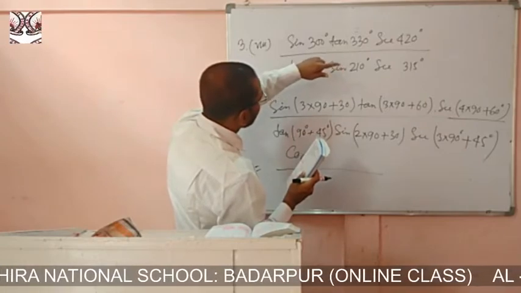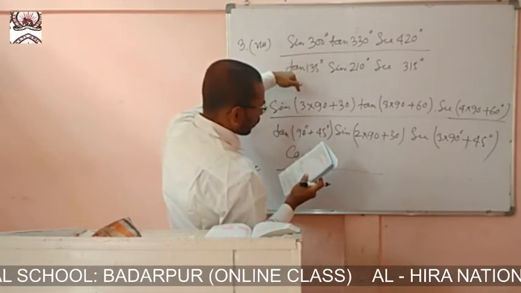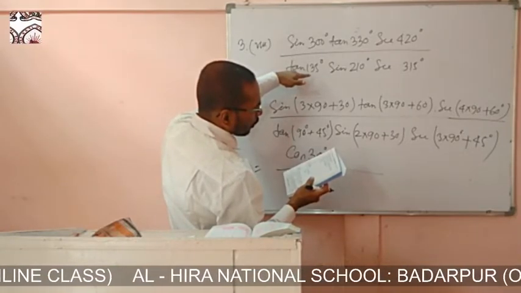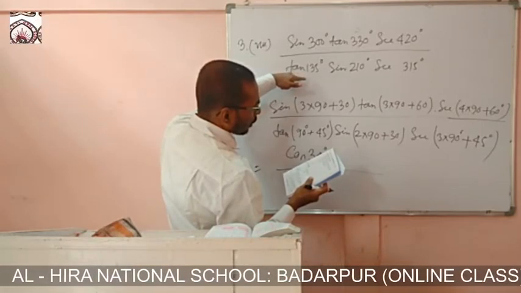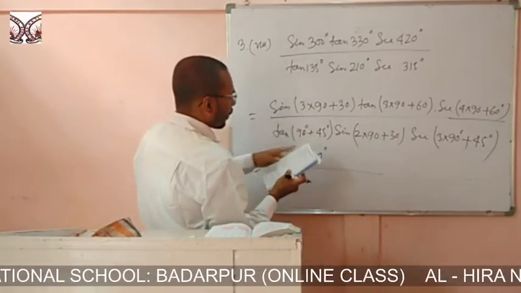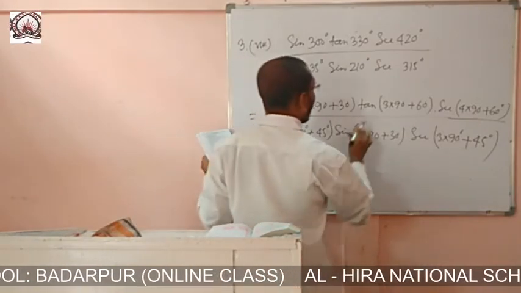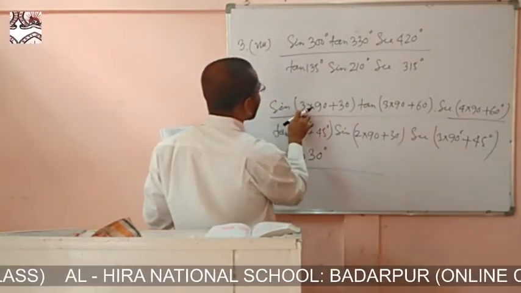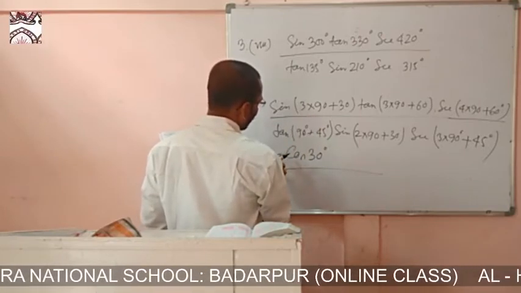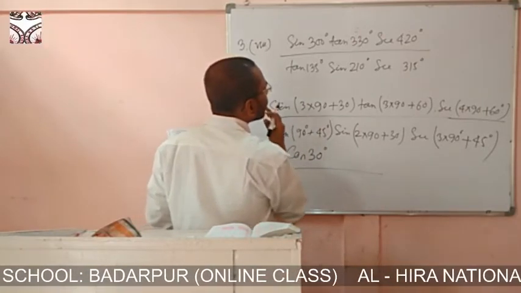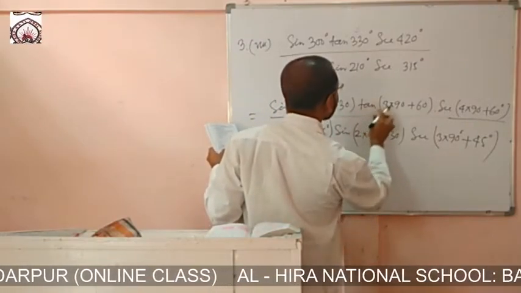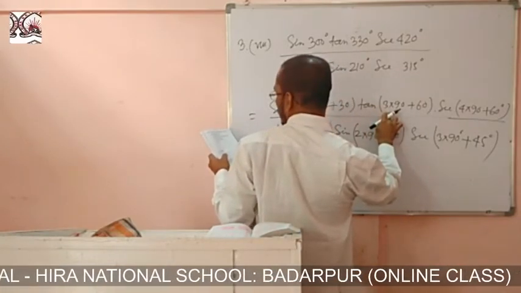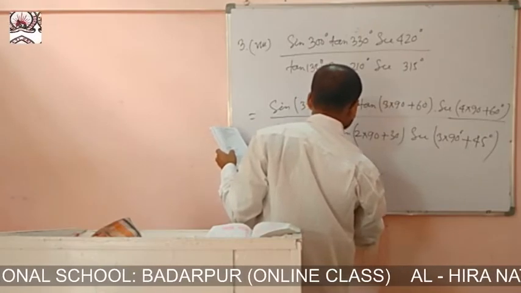So first round, second round, third round. So sine will be all sine, tan, so 30 degree, so 390 plus 30, so this will be minus cos 30, and this will be 390 plus 60, so this one is an even multiple, so sine will be cos, and tan will be, this one is odd multiple, this one is also odd multiple, so 390 plus theta, so this will be minus cot 60 degree,